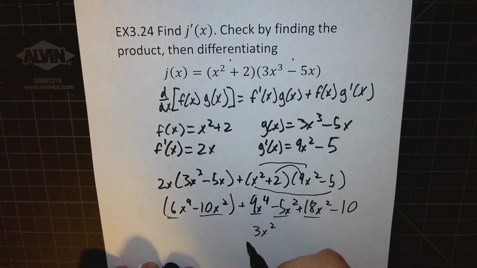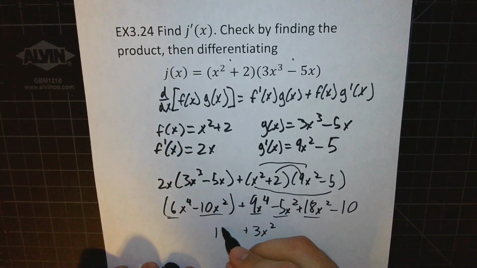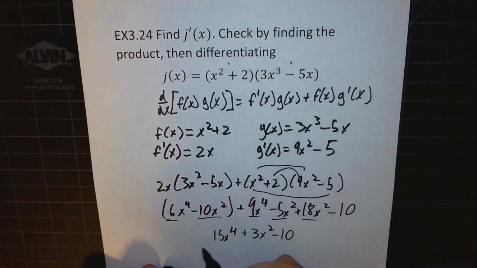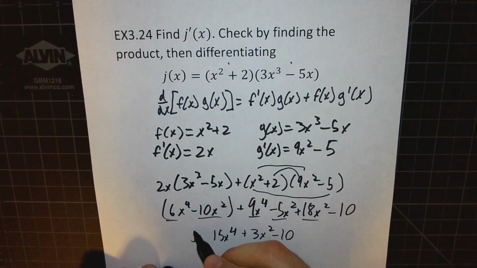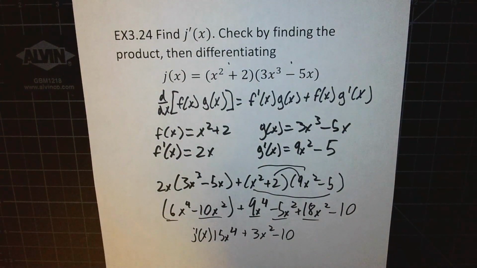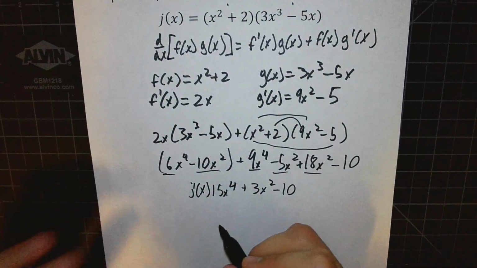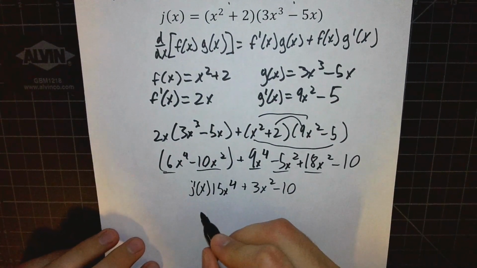6 plus 9 is 15, so we'll have 15x to the fourth. And then our only last term is this minus 10, right? So this should be j prime of x. And we're asked to make sure by finding the product of this original function, so we'll write this again, so